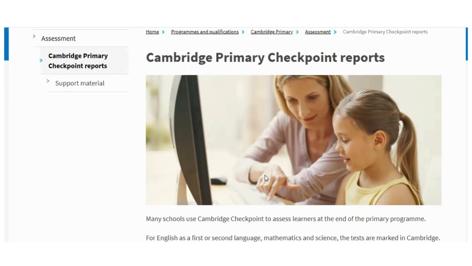So why does Cambridge do this? Well, it's basically called a progression test. For them, it's a way of checking whether the students are on track to achieve good grades in their IGCSE. So before the IGCSE, basically at grade 5, they're checking their progress at primary level, and then they're checking their progress in